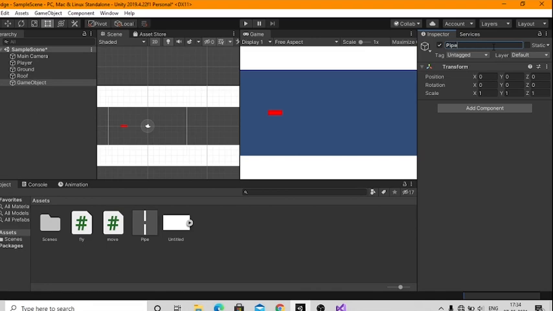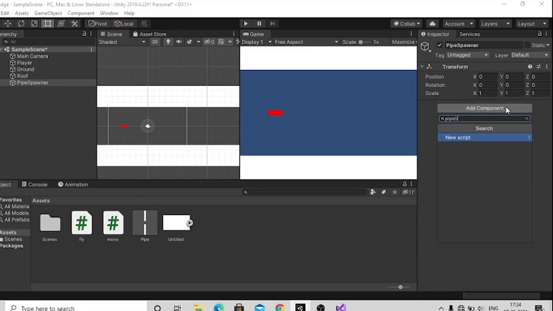Create another empty game object and call it pipe spawner. Reset its transform and add a pipe spawner script to it.